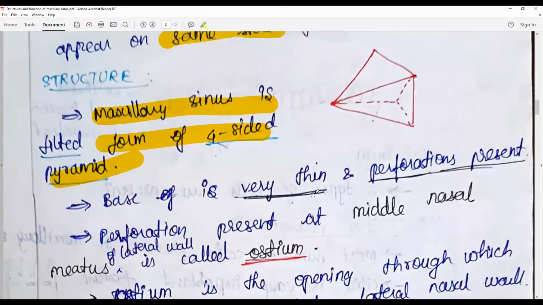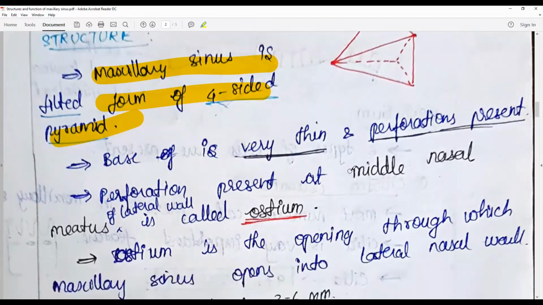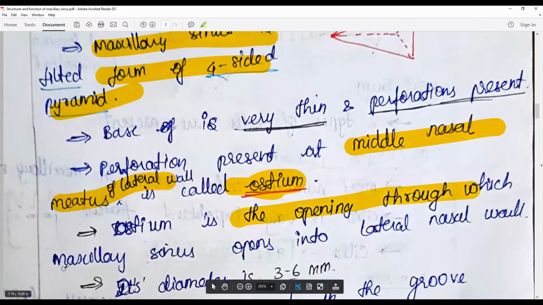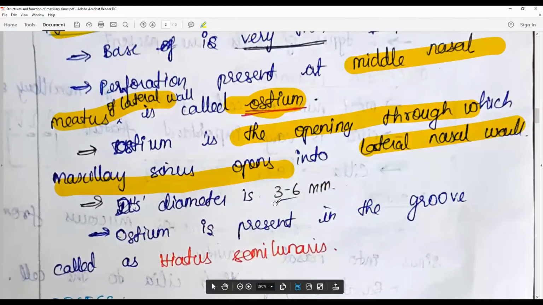Because the wall is very thin, sometimes there are perforations, most often along the middle nasal meatus of the lateral wall, and these are called the ostium. It is an opening through which the maxillary sinus opens into the lateral nasal wall. The ostium is about 3 to 6 millimeters in size, and it is often present in the groove called the